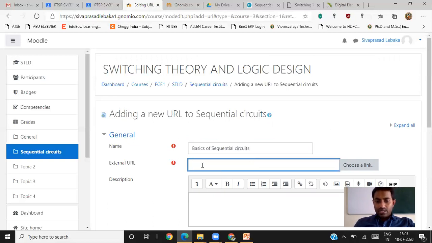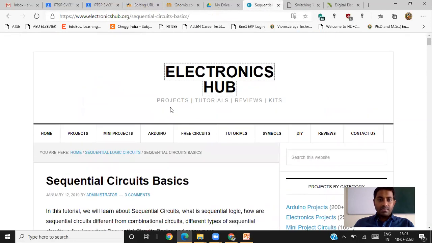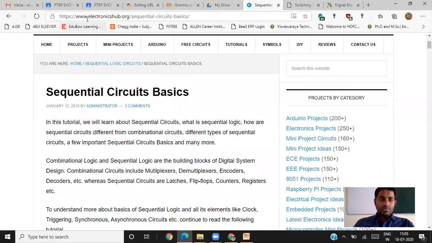This URL link you can supply here, which is called an external URL. Suppose the URL link I have already taken, and which is here. Suppose this is an electronics hub. Under this, sequential circuits basics are there.